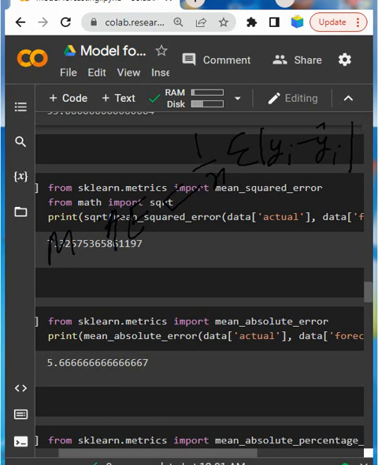So mean absolute error avoids using the square of the error. Mean square error, MSE, is the alternative to this. So you can compute mean absolute error in Python using this code, and you should obtain 5.67. Similarly,